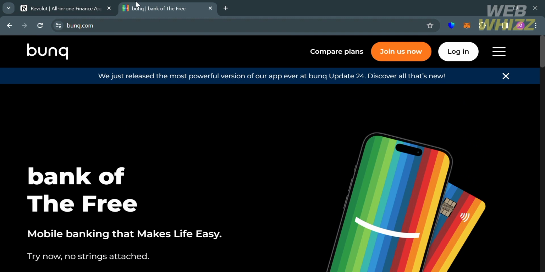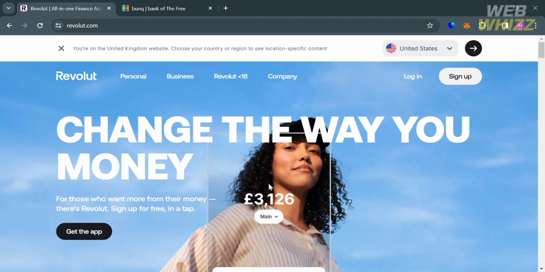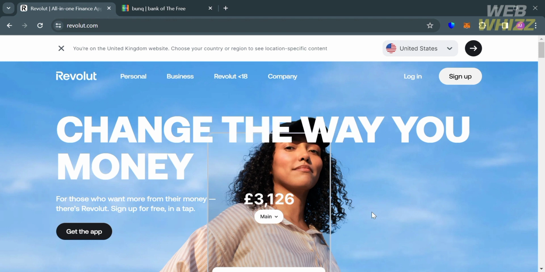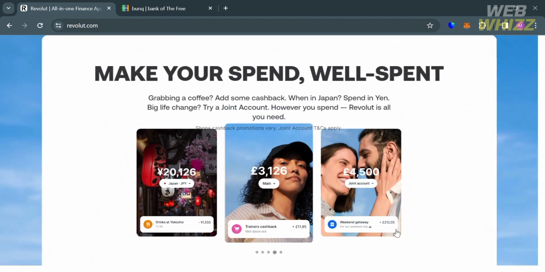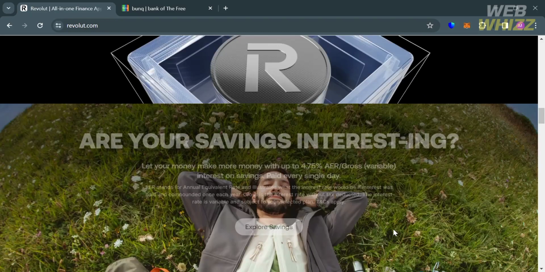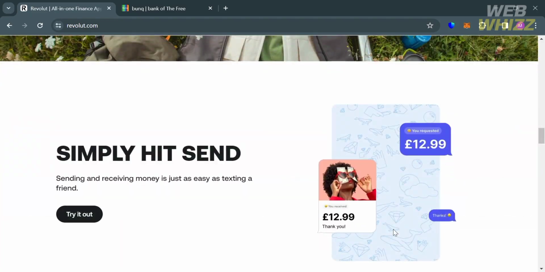And now that you know the overview of both platforms, let's move on to comparing the features that both platforms, Bunq and Revolut, offer. Some of the features that Revolut offers in terms of availability, savings, investment, and extras are that, in terms of availability, Revolut is available in 24 countries, including the USA. While in terms of savings, Revolut does not offer a savings account, but a flexible investment account that it markets